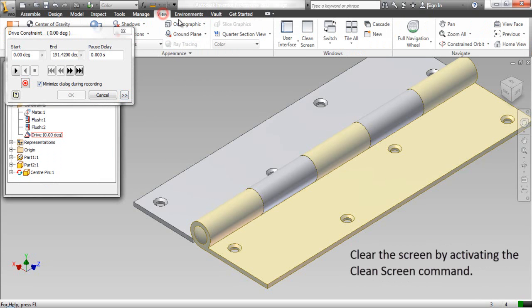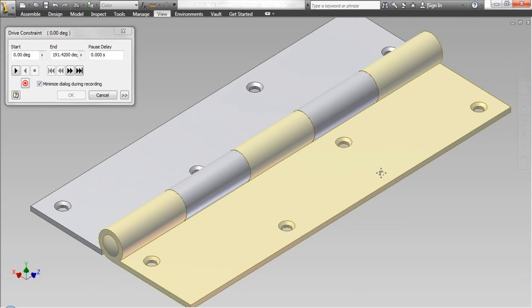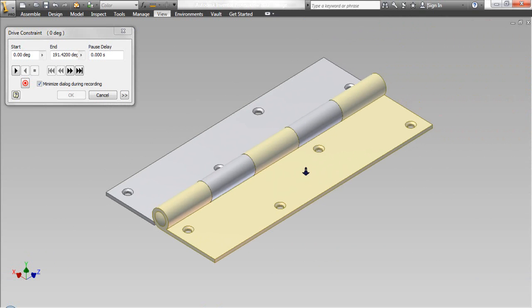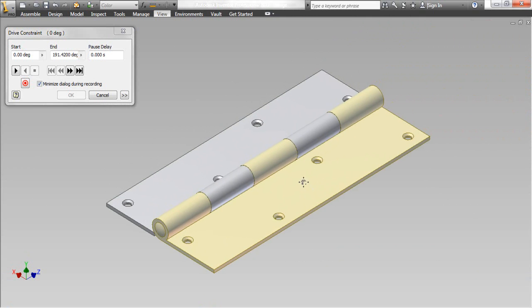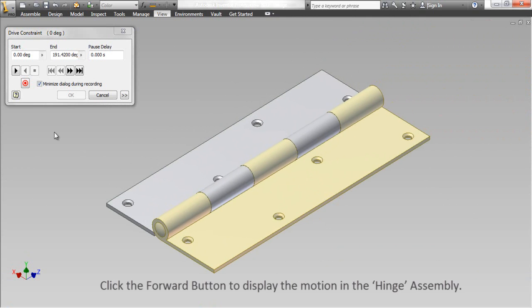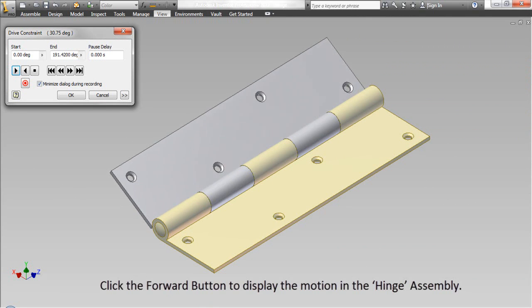Clear the screen by activating the Clean Screen command. Click the Forward button to display motion in the hinge assembly.